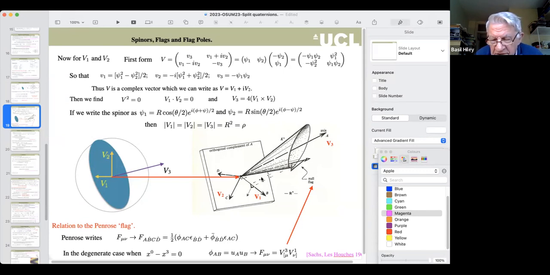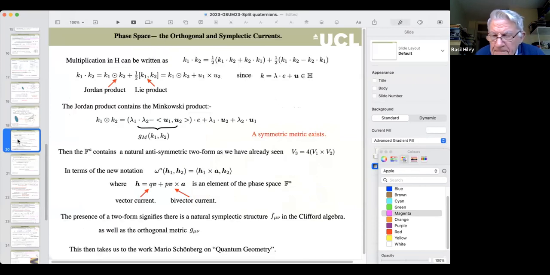Now then, how is this related to Roger's flag picture that he uses? Very simply, here is the plane, here is his V1, and my V1 and V2 are down there. And what Roger uses is only essentially what I call half of this flag, half of the null plane. And a very good reason why he's using that is because he's going to the degenerate case in which you put x0 minus x3 equals 0, and then you just get your electromagnetic tensor to equal V3 mu, V1 nu, and that is an anti-symmetric relation there. So that's fine. But I'm doing the bigger version of it, and the bigger version of it, I'm just looking